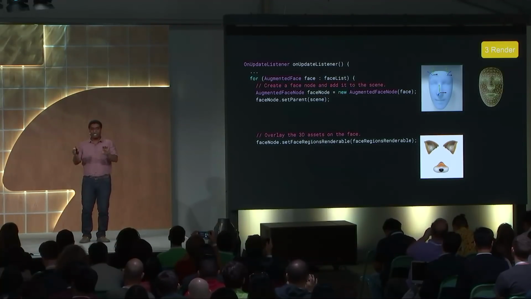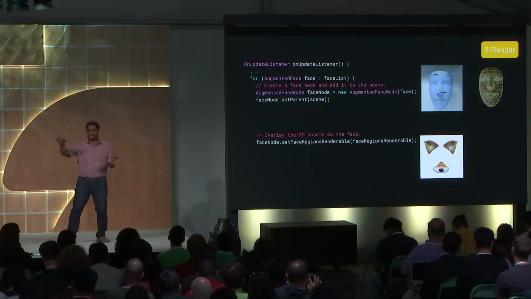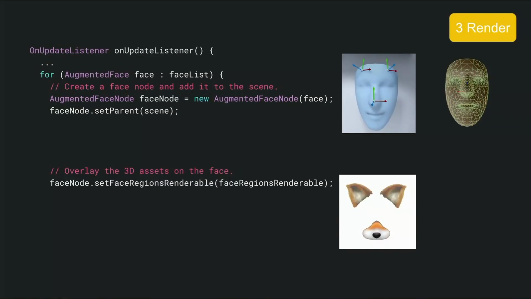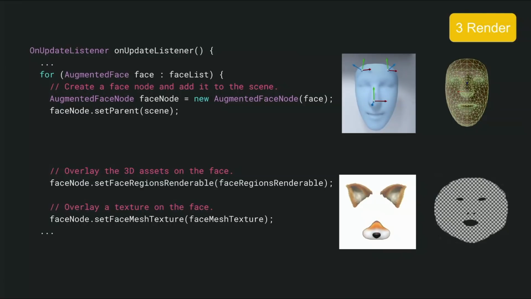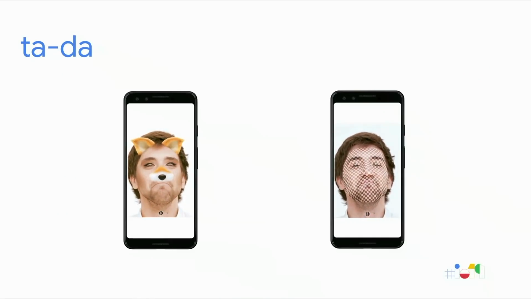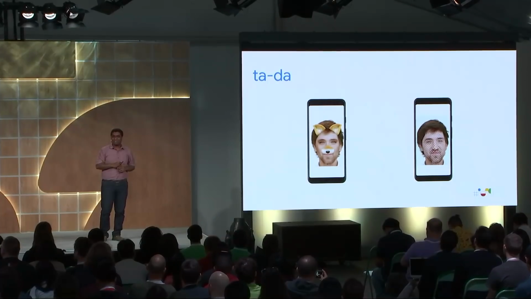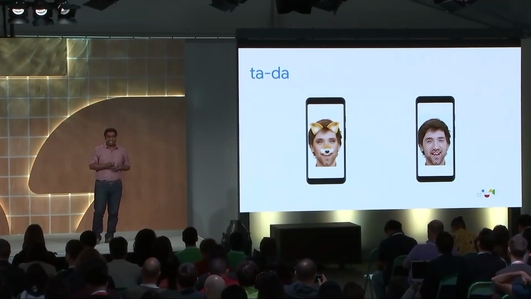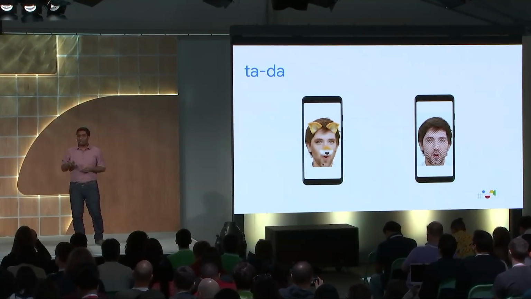So you create an augmented face node of SceneForm using ARCore's augmented faces API. Now, the number of lines of code you have to write is very few. On such a face node, you set a 3D asset and a 2D texture. And that's it. With 3 simple steps, ta-da, you have an Android app with face effects. Everything we discussed now is already available on Android on our developer page. You can download the SDK and build your apps.